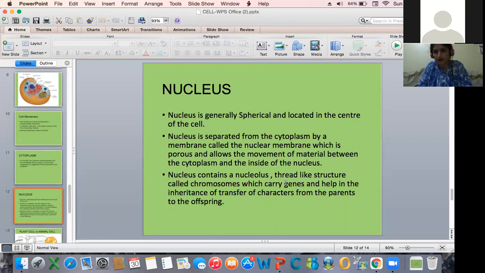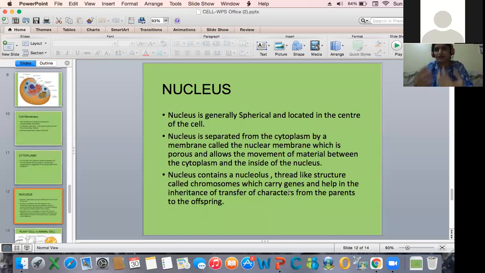See, you might have heard people saying that if the child looks like his father, the eyes are exactly like the father. Someone may say the hair is exactly like the mother. But how does this character come? Have you ever thought about this? How can a child's hair be like that of the mother, or how can a child's height be like that of the father? It is just because of the genes. This term which you are hearing, genes, this is all about the genes only.